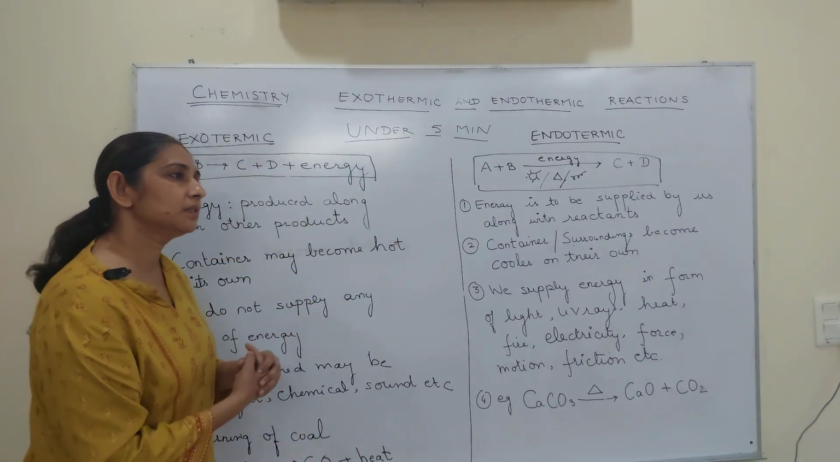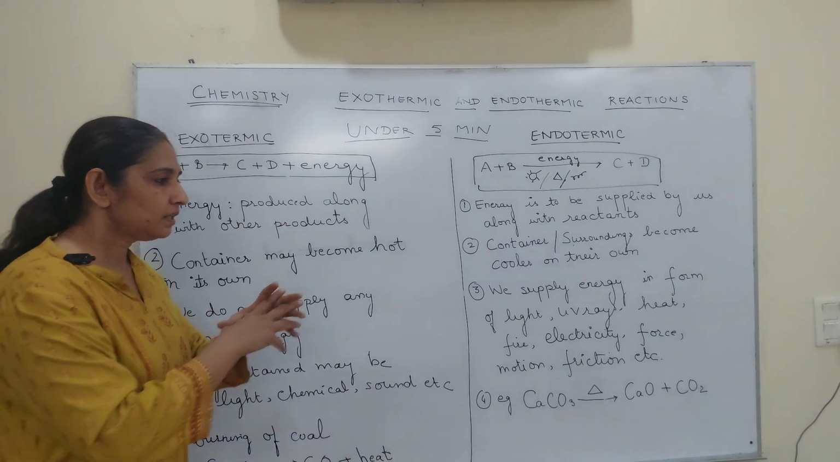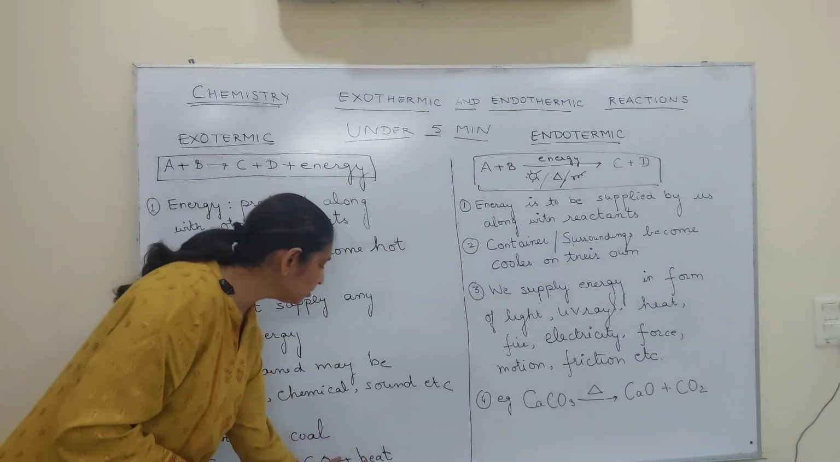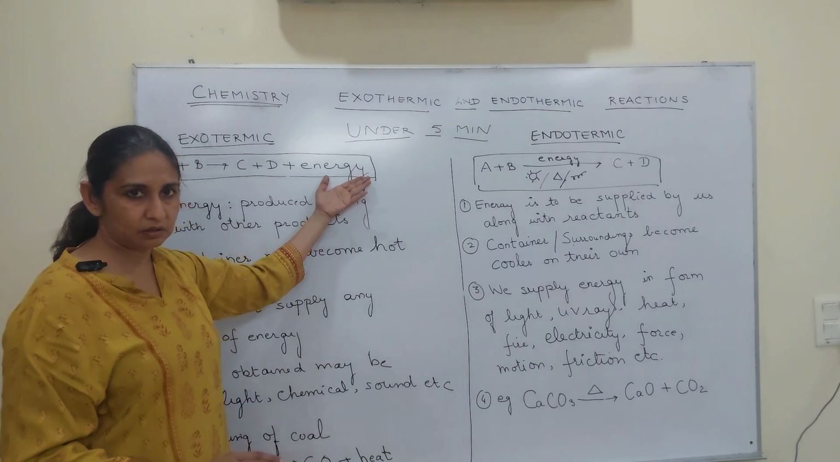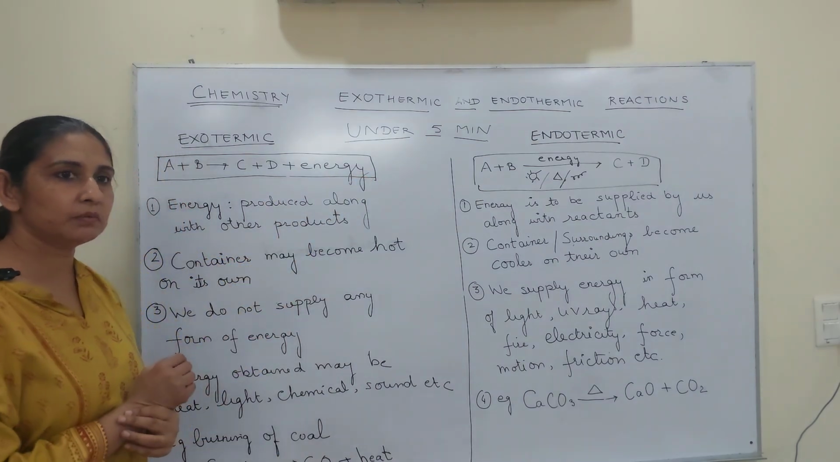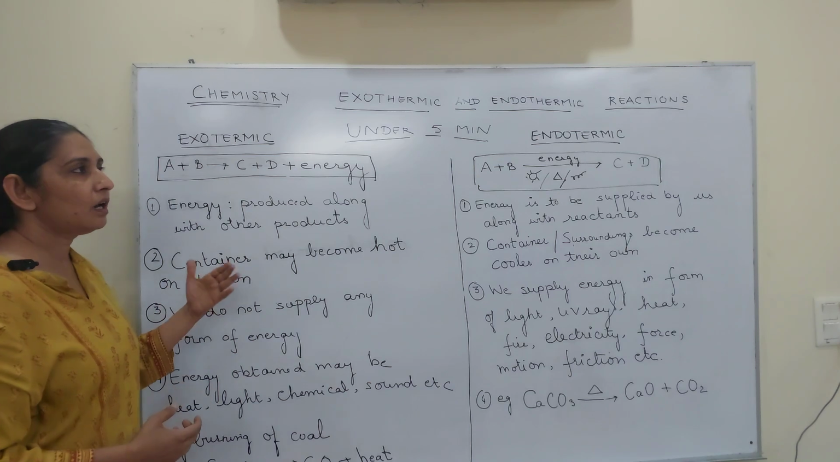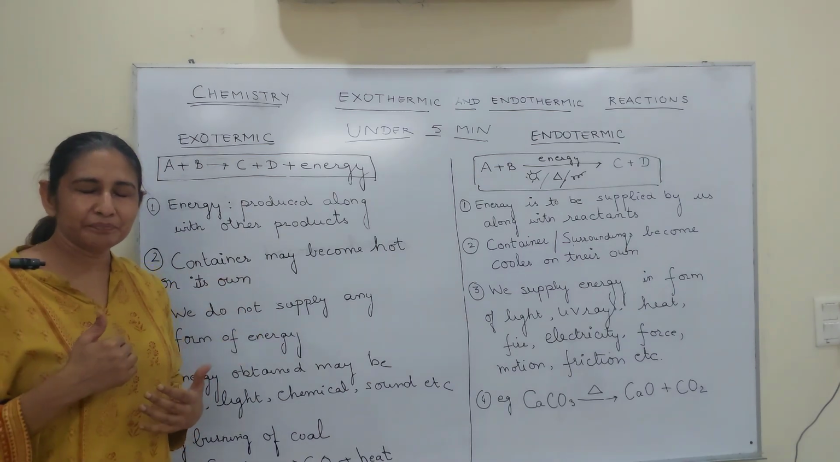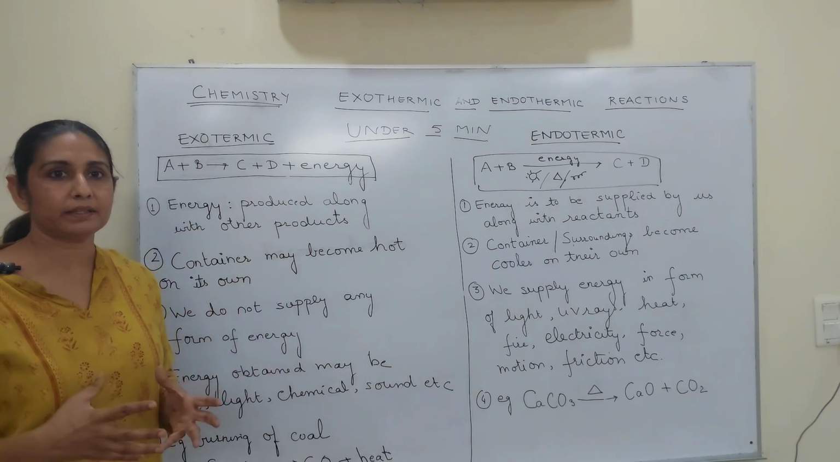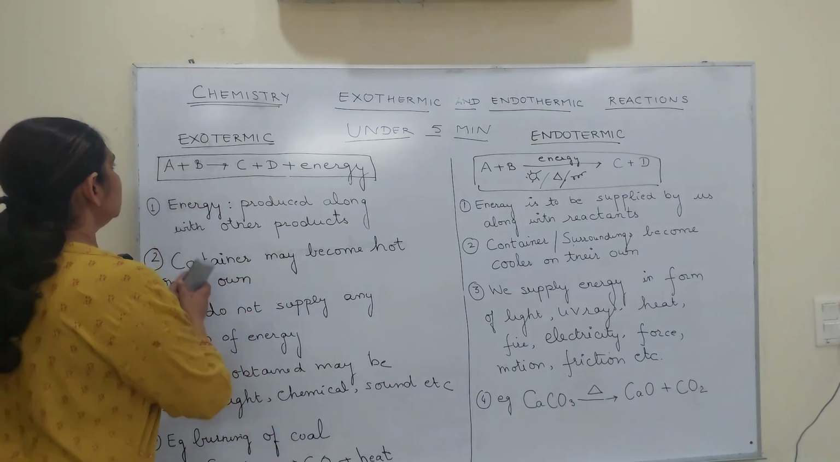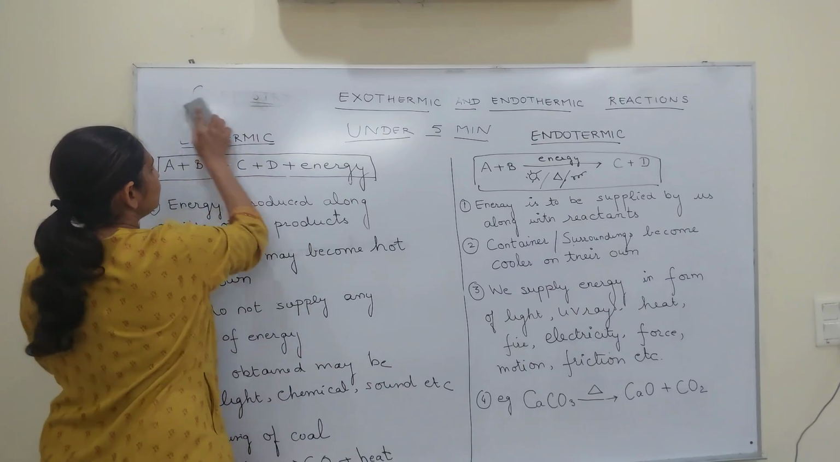Now sometimes it's not clearly mentioned on this side. If it is written on this side, 100% it's an exothermic reaction. But sometimes it's not very clear. Other hints for how you can identify an exothermic reaction is that the container becomes hot. For example, let's take the example of